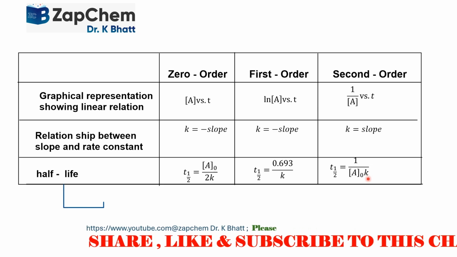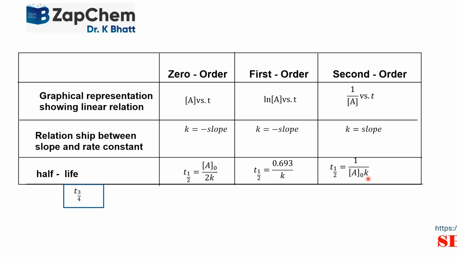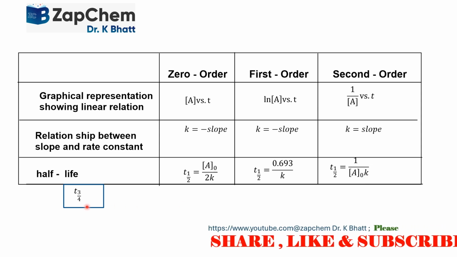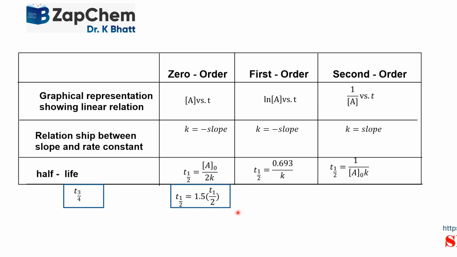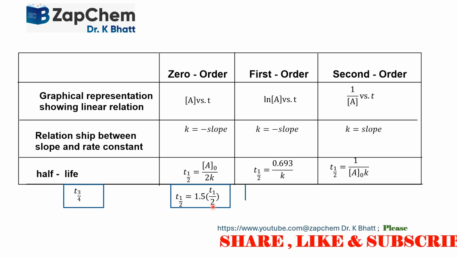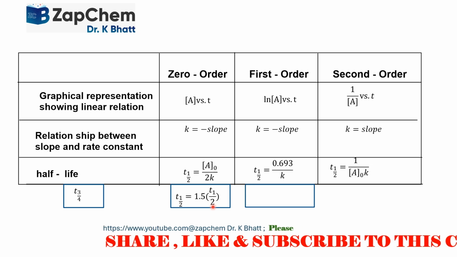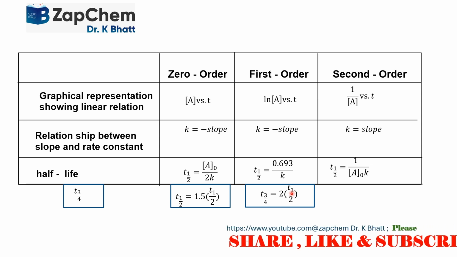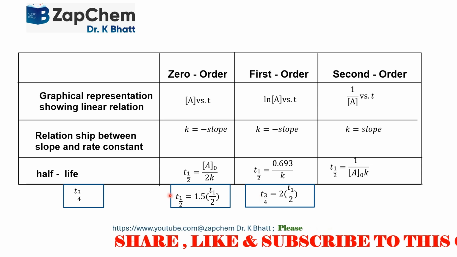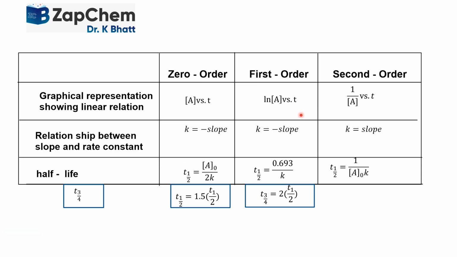Not only this, we need to know very often the t 3/4, the time required when 3/4 of the amount will be consumed. For zero order, it is t 3/4 equal to 1.5 multiplied by t half. For first order, t 3/4 is equal to 2 times t half. So these are important points which we must keep in mind so that we are in a convenient position